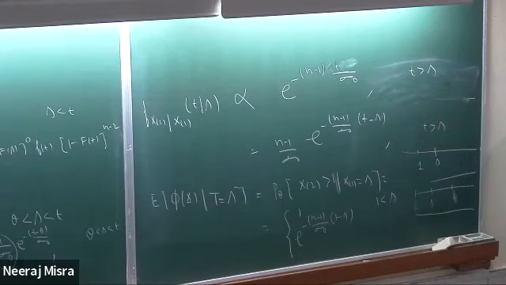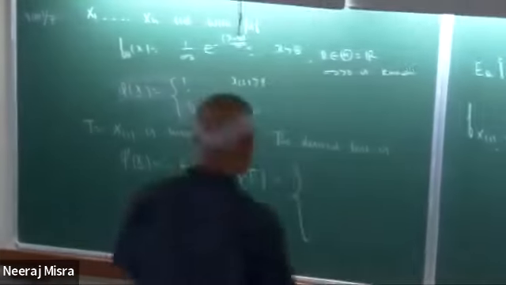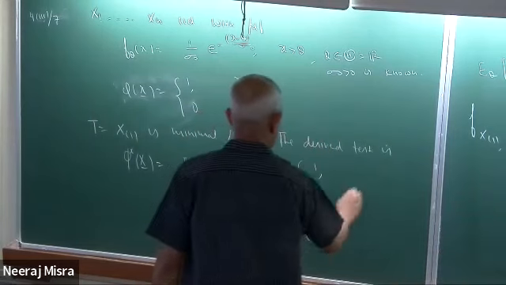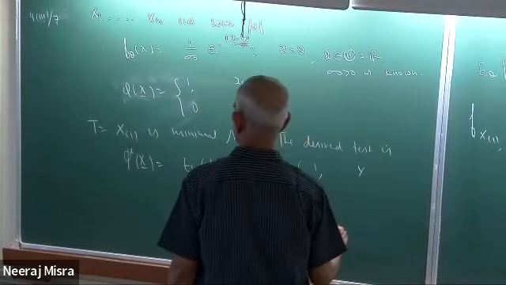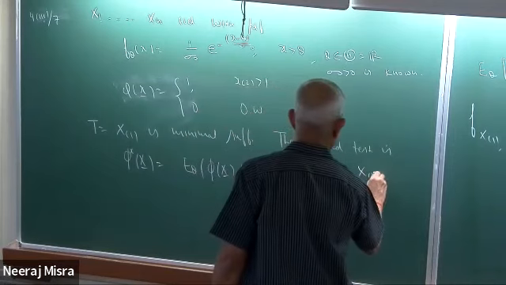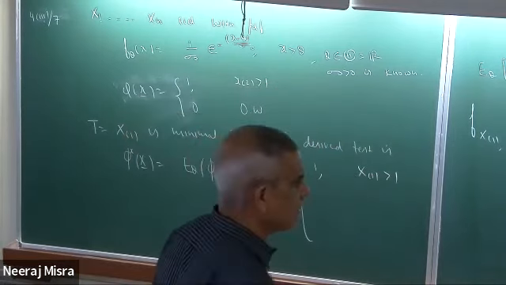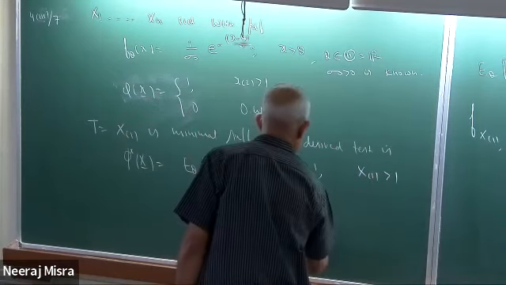Okay, so this is the desired test, right? So what is your desired test? So this is phi star of x, which basically turns out to be 1 if s is bigger than 1, that means s was my t, which is x1. And this is e to the power minus